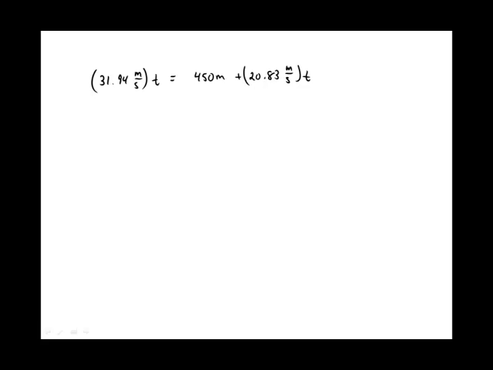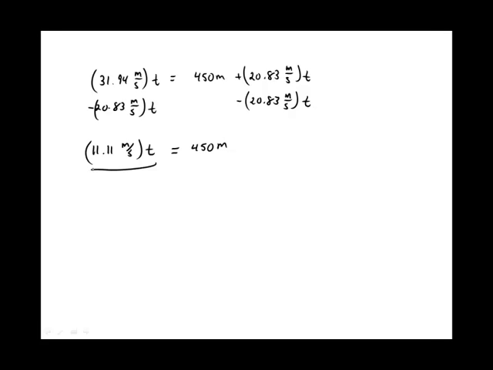And in order to solve this, I've got to bring all the t terms to the other side, so minus 20.83 meters per second t, subtract that from both sides, and the left-hand side of my equal sign becomes 11.11 meters per second t. And the right-hand side is 450 meters. Now to solve for t, I'm going to divide both sides by 11.11 meters per second. And my left-hand side, I've just got t, and 450 divided by 11.11 is 40.5, and then I have meters